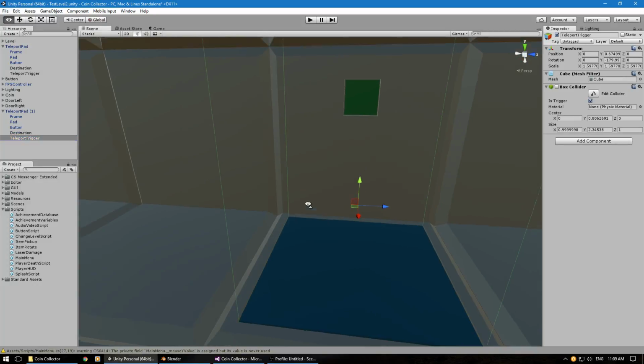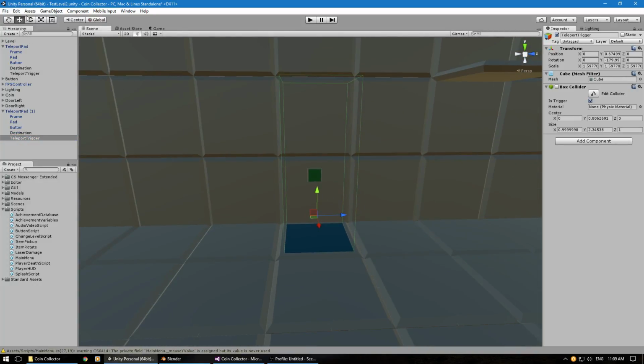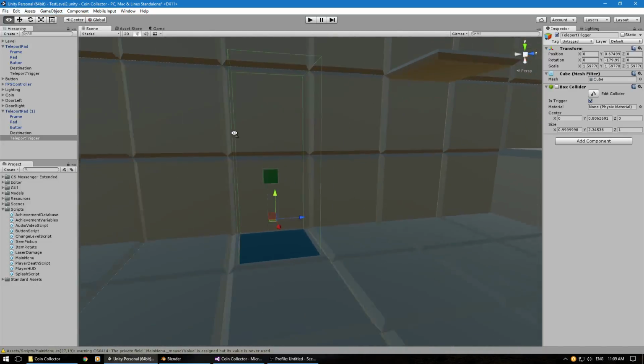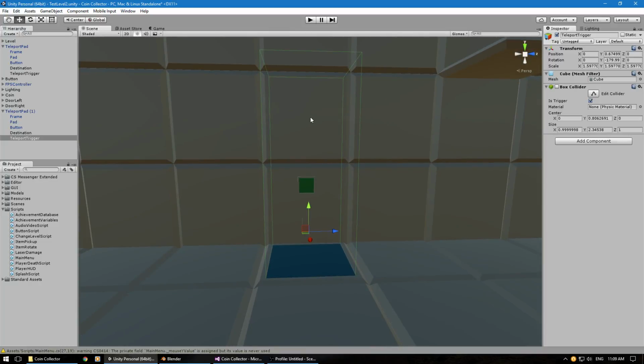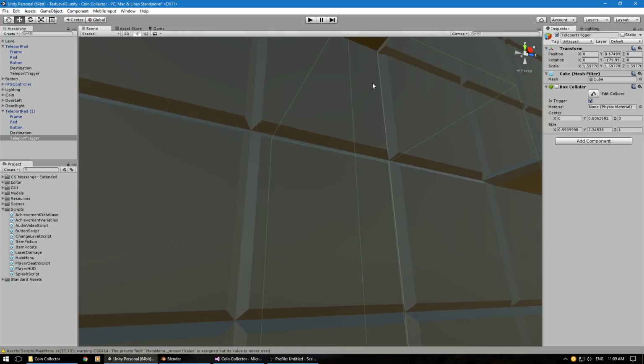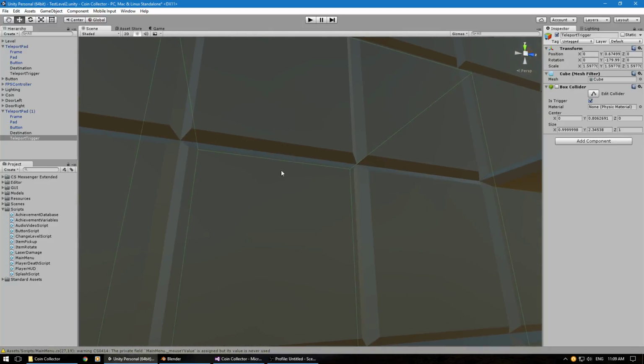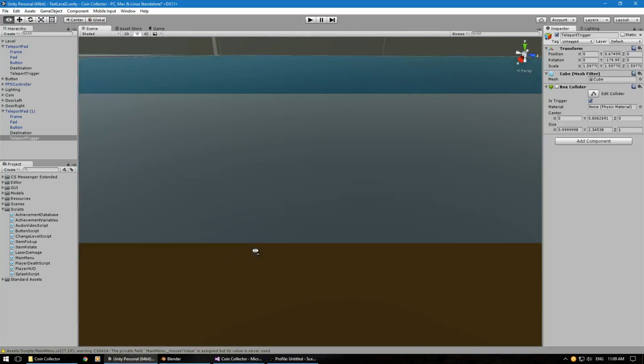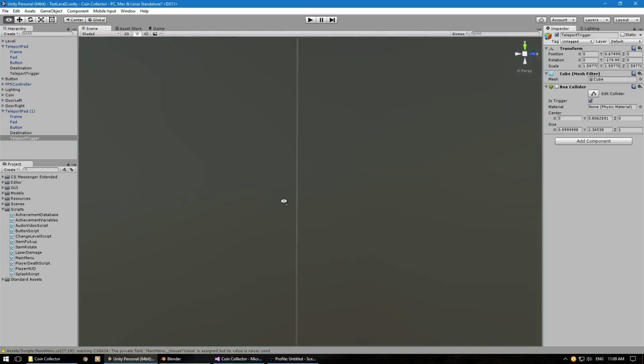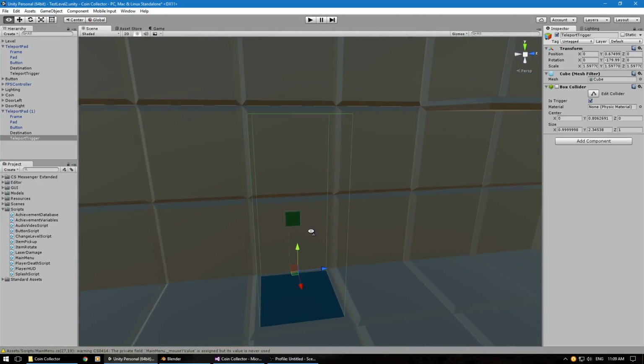I've also got a teleport trigger as well, which I created exactly the same way as I created our changing level trigger, by creating a cube, deleting the mesh renderer off the cube, and then adjusting the collider to the size and the height I want it. Now by doing this,